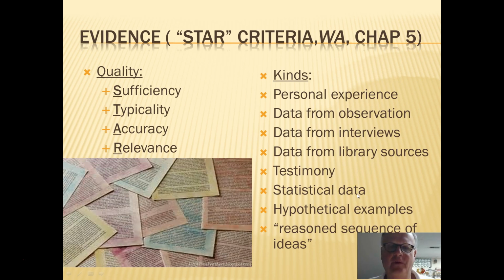Statistical data, that of course is numbers. That's almost the best kind of evidence because we're always convinced more by numbers than anything else. Hypothetical examples, these are a little bit more complicated. These are kind of what if cases. If we allowed X to happen, what might be the logical result of that? And these are speculative. Some people like to use them, some people don't. Sometimes they fit, sometimes they don't, into a case. But you should consult Chapter 5 for further discussion of that.